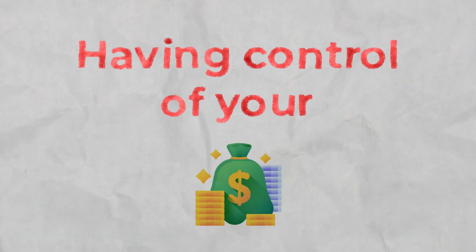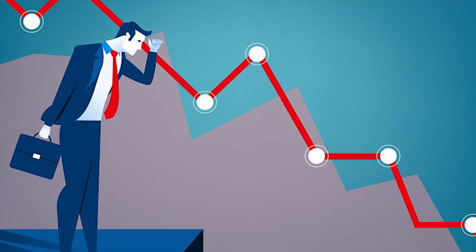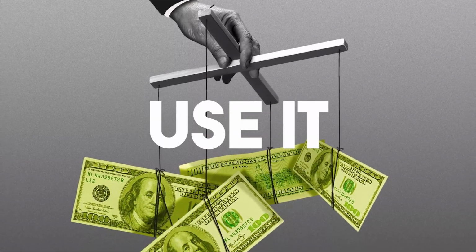Why is that important when it comes to infinite banking? You see, with infinite banking, the main thing you want to look at is control. Having control of your money and being able to put it in a place where it's not going to lose value. It'll never go down. And then you have control of it to use it elsewhere. So you have it in a place that's growing, and then you can use it elsewhere to grow it somewhere else at the same time.